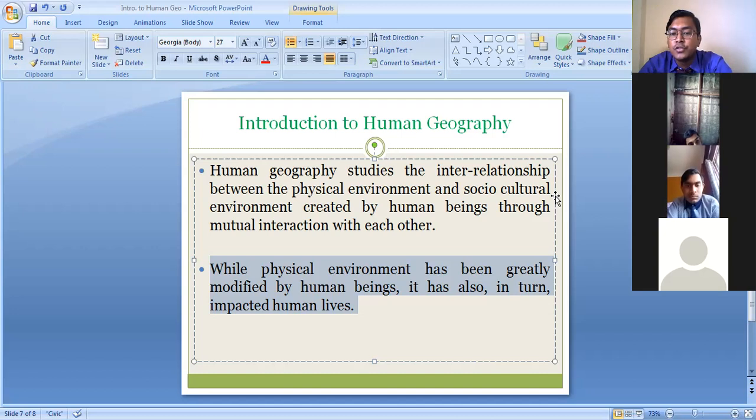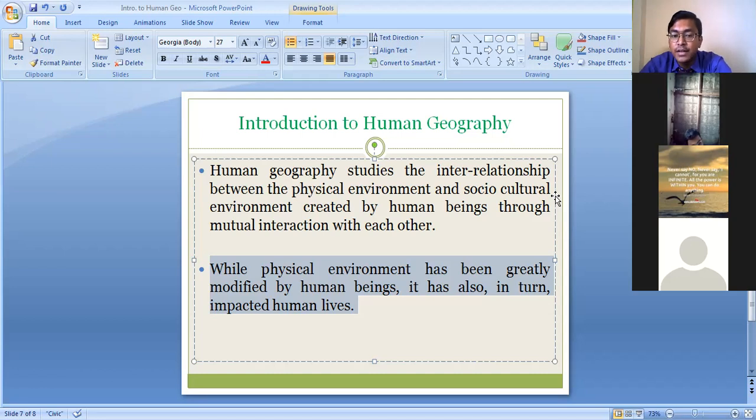So what we are actually doing is changing the physical environment, isn't it? We are cutting down the trees and clearing the forest to set up industries and all. That means we are changing the physical environment. In this way, all the human activities on the earth have caused certain changes to the physical environment, and in return,